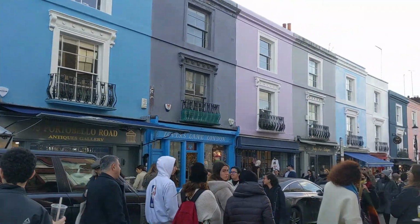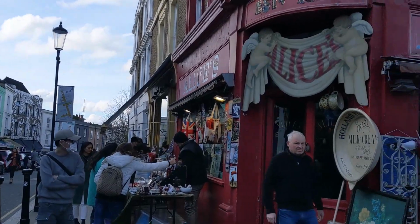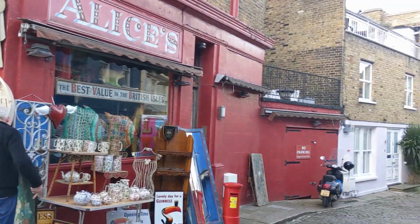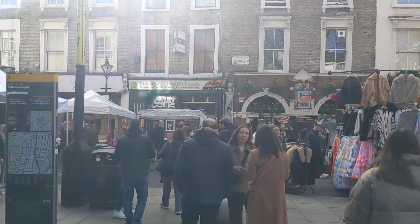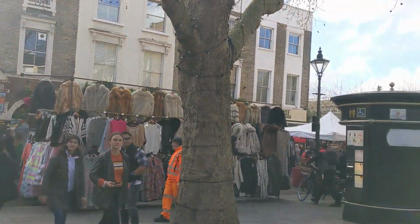The third place of interest that I'm going to talk about is Portobello Market. Even if you're not into vintage markets, it's just such a great buzz and such a great vibe. It's fun to go even just to get a coffee and sit in the window and people watch. It's just crazy to me how